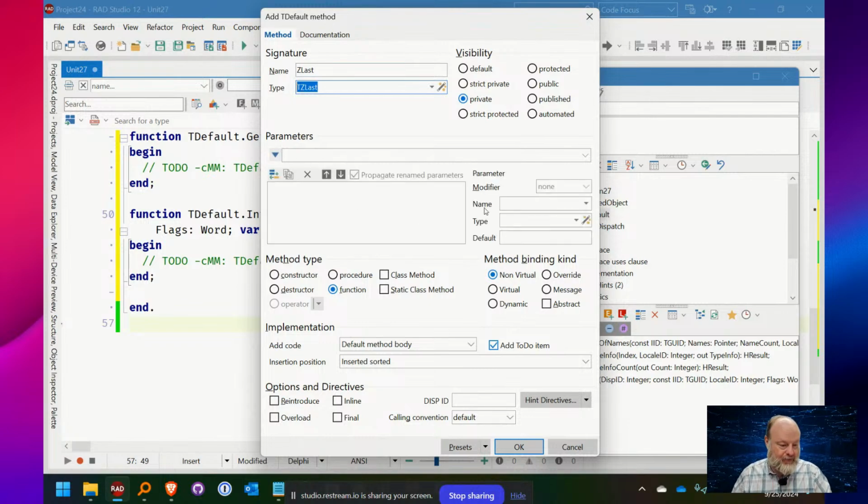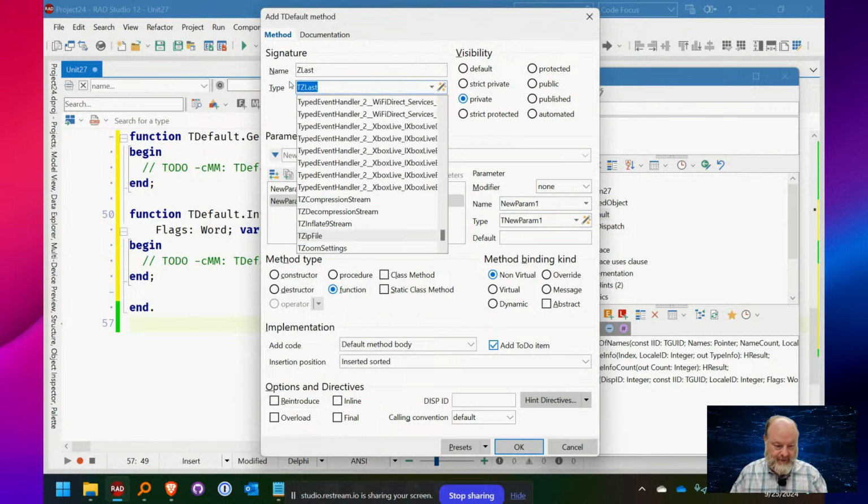You can come in here and add parameters to the list. Sure, we'll have new param and new param 1. So this type is the return type, right?